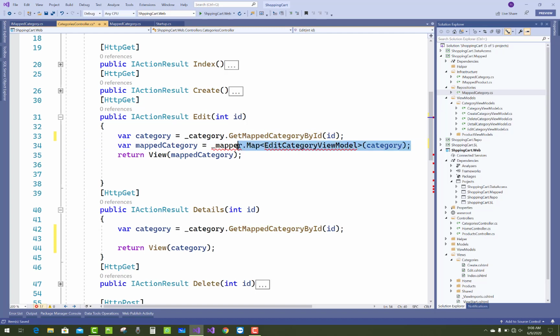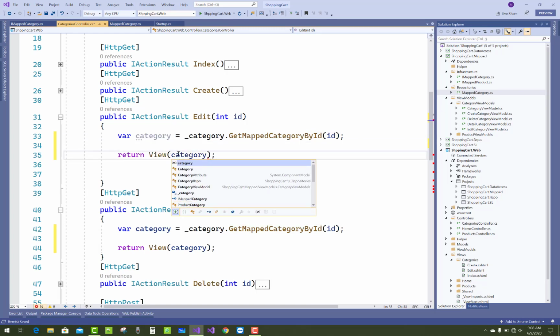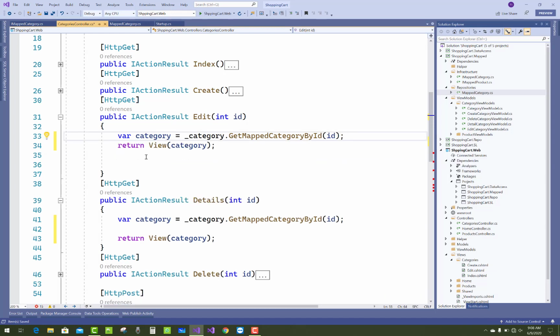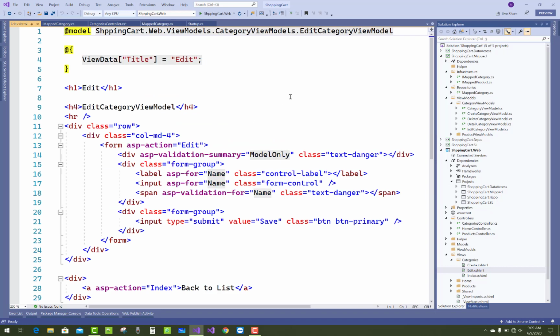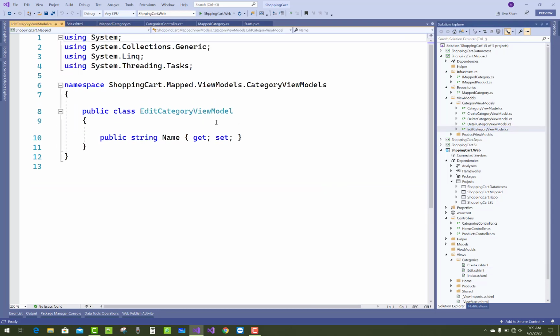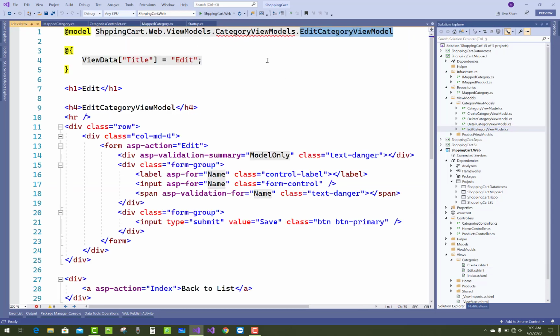Okay, so the same thing you can do in the edit section of the category, and also in the get section of delete you have to pass it. In the edit section, resolve it: just add ShoppingCart.Mapped.ViewModels.CategoryViewModels.EditCategoryViewModel.